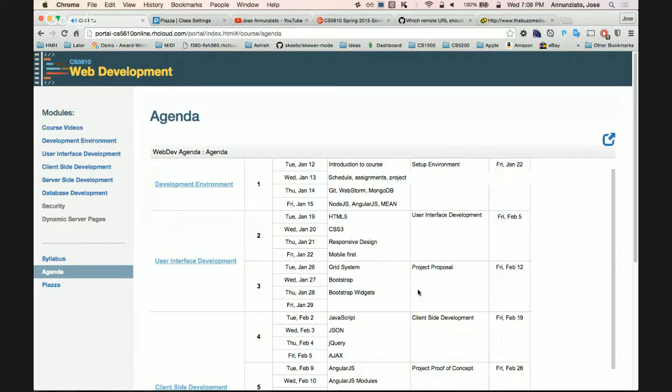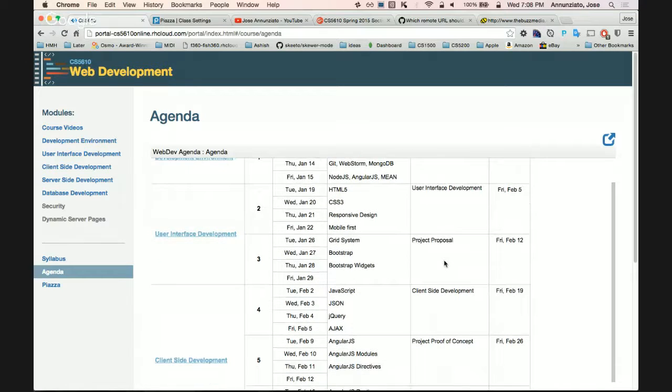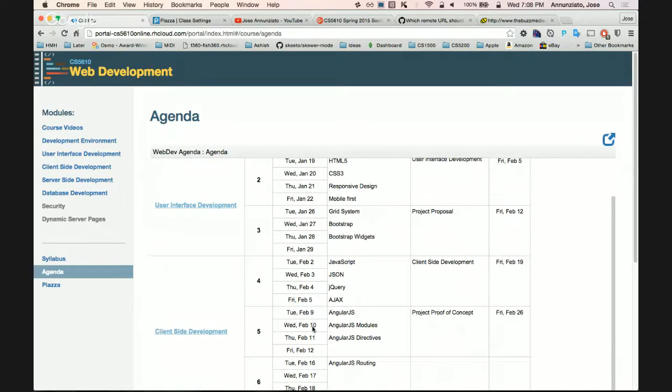Right? Project proposal, same thing. You have a couple weeks for that. Right? You have to February 12th to come up with a project proposal. So hopefully by then, that's the end of the 5th week, right? By the end of the 5th week, I hope that you'll have matured enough to come up with something. Maybe you've done some research on the APIs. Is this the API I want to use? I've tried it. Maybe I've done some small prototyping, right? I know it has the data that I want. They've accepted my application for an API key, right?